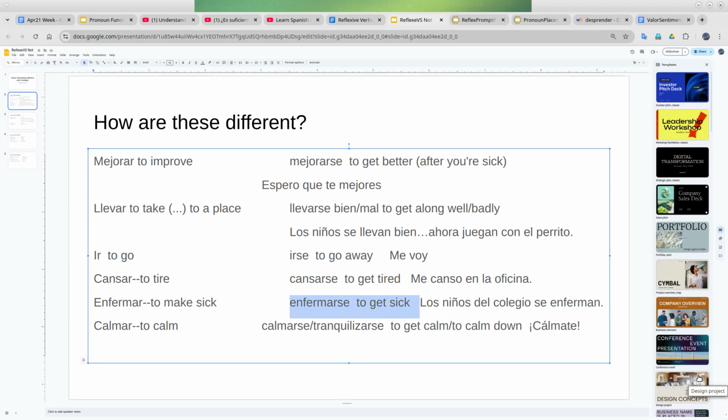But es posible. Yeah. So, usually when we talk about getting sick, we don't really say this virus made me sick. You can theoretically, but usually we talk in terms of I'm getting sick or I got sick or he got sick, right? So, yeah, that's just the way that works.